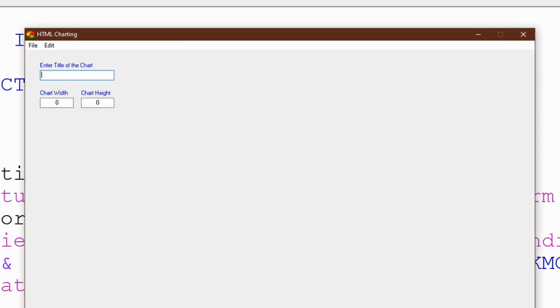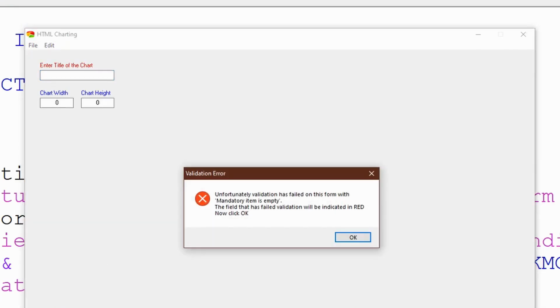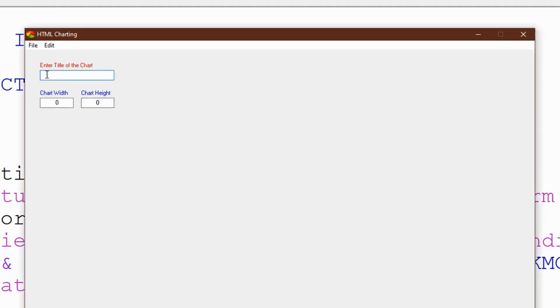Okay, now if we hit the Build a Chart button, it will quite correctly pick up the fact we haven't put the title in, and it shows up in the message box, which won't let us do any clicking anywhere else until we actually click on this. So it's telling us the validation has failed on the form with a mandatory item empty. The field that's failed validation will be indicated in red, which it is. And when we click OK, it sets the focus to that field. So if we populate that,